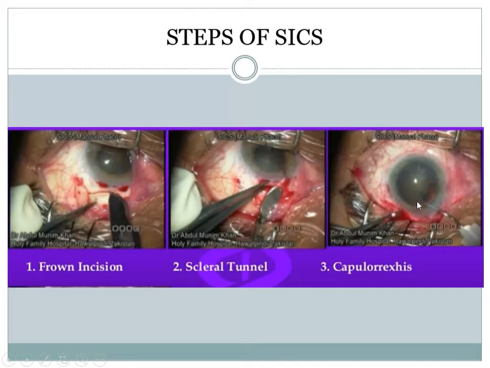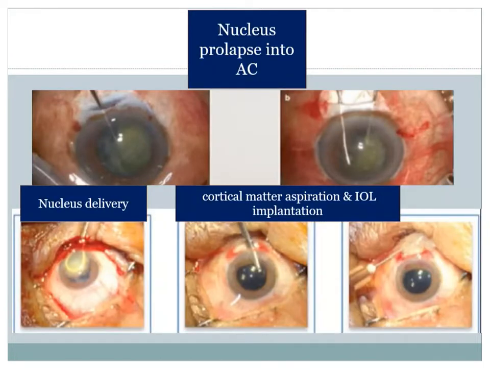So then what you will do is you will try to open the anterior capsule of the lens by tearing it in a neat circular fashion. So that is called capsulorhexis. So once you do capsulorhexis, then what you try to do here is you insert some fluid between the capsule and the lens and try to rotate the lens and prolapse it into the anterior chamber.